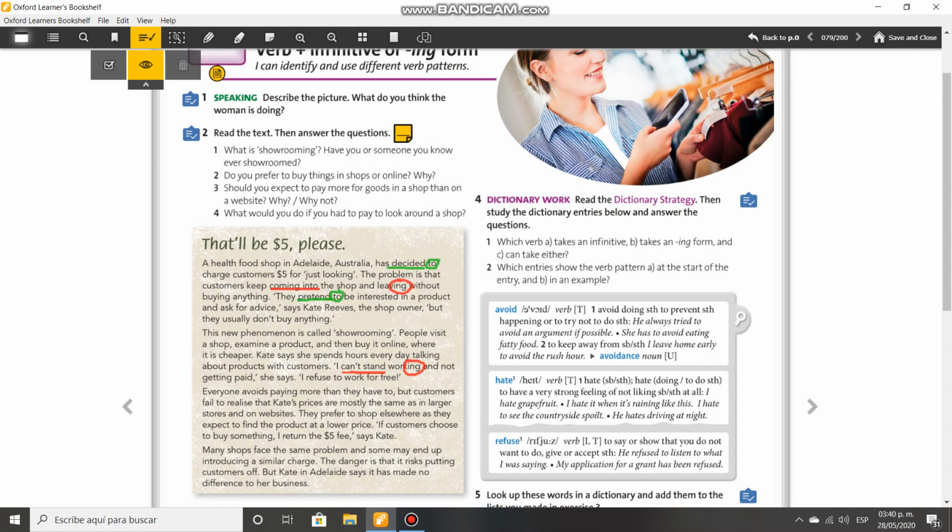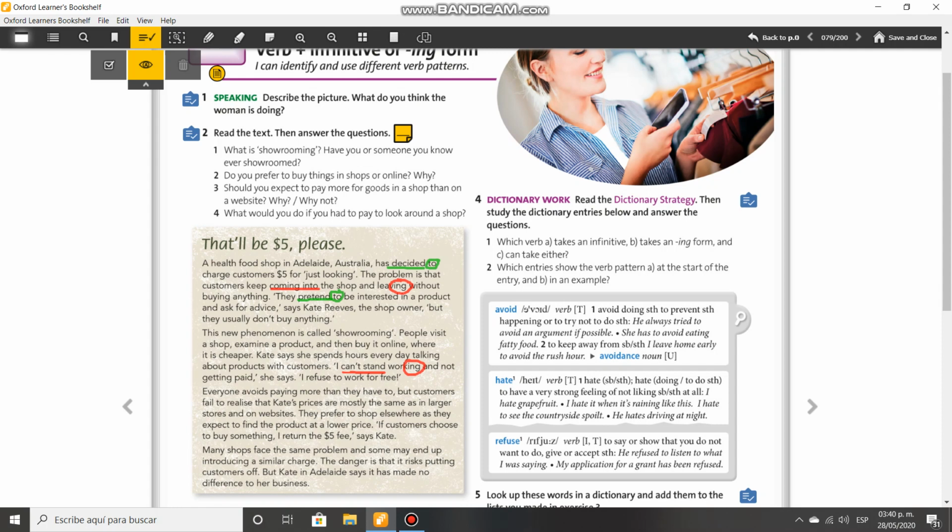Everyone avoids paying more than they have to, but customers fail to realize that Kate's prices are mostly the same as in larger stores or on websites. They prefer to shop elsewhere as they expect to find the product at a lower price. If customers choose to buy something, I return the $5 fee, says Kate. Many shops face the same problem, and some may end up introducing a similar charge. The danger is that it risks putting customers off, but Kate is Adelaide says it has made no difference to